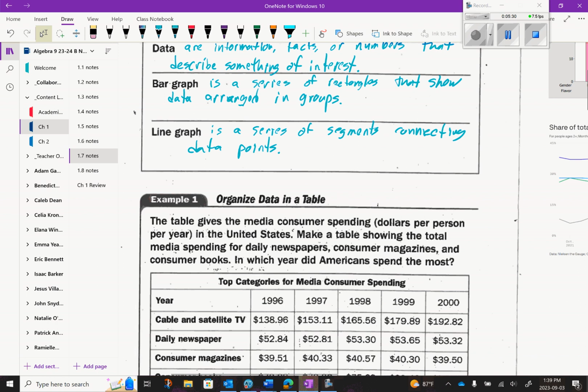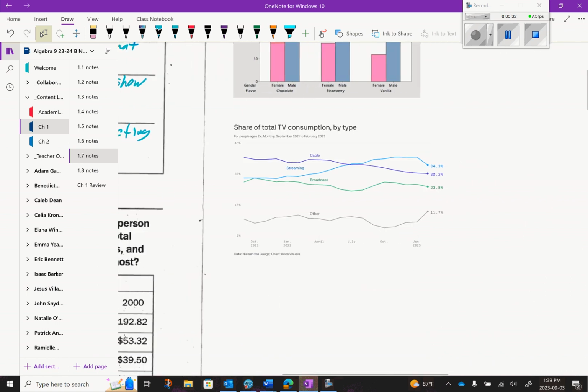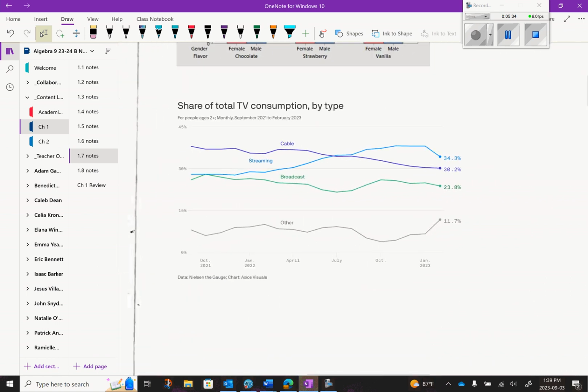Okay. Here's an example of a line graph that I found earlier from the Axios website based on Nielsen numbers, data collected between September 2021 and February of 2023, looking at total TV consumption. What's the source? Okay. So in this case, we have individual data points,